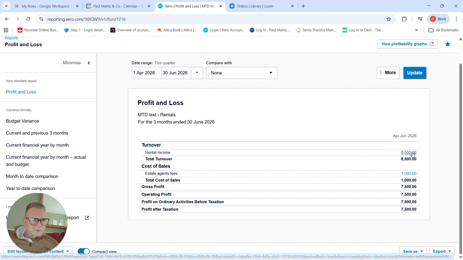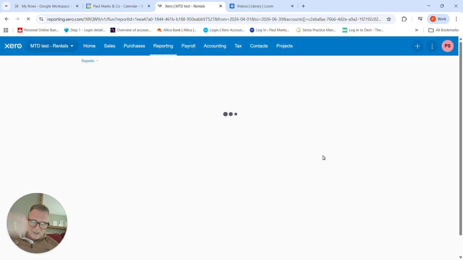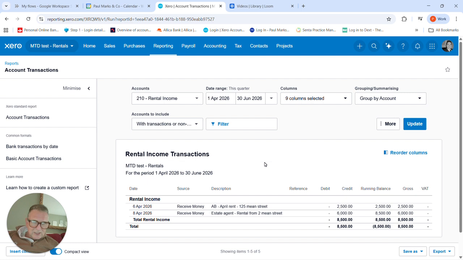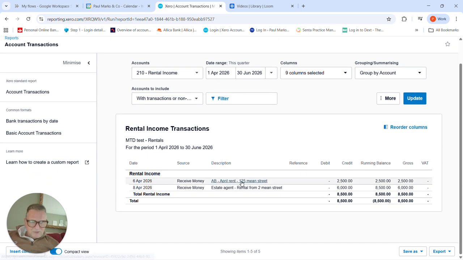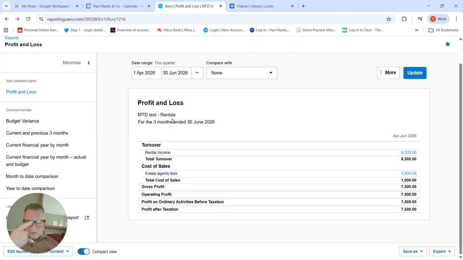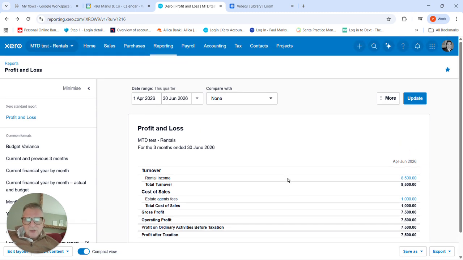There's gross rent of 6,000. Remember, 5,000 received, but £1,000 was gross rent and estate agent's commission, plus 2,500 directly from the client. If you rent directly from the client or from your renters, and then you've got the estate agent's fees in there. So that's how you deal with